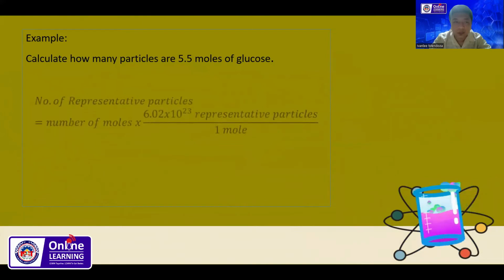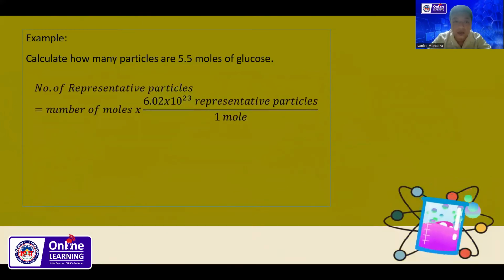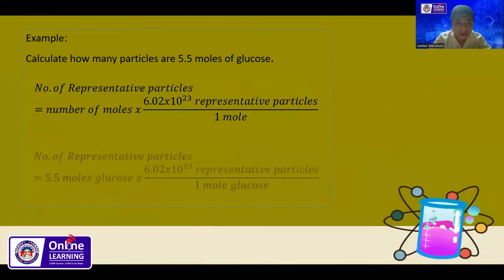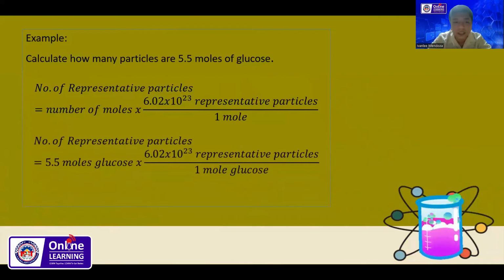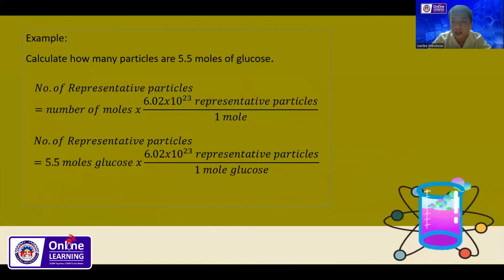The solution is the number of representative particles equals the number of moles times 6.02 times 10 to the 23 representative particles, divided by 1 mole. Then the next step is simply to substitute. So we have representative particles equals 5.5 moles glucose multiplied by 6.02 times 10 to the 23 representative particles